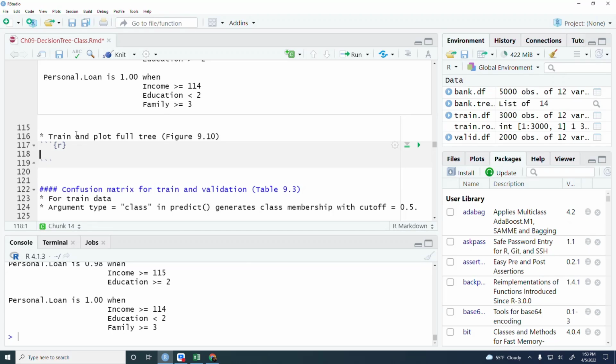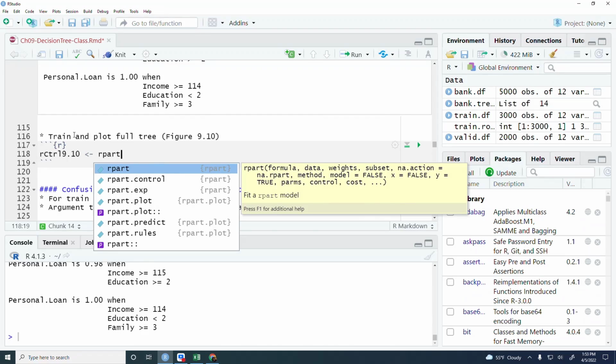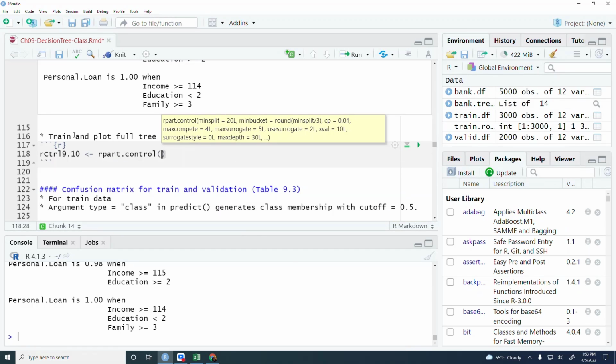So the full tree is given in figure 9.10. So I use CTRL 9.10, that's for figure 9.10. And then the rpart control. CP is your complexity parameter. Yeah, we saw this in